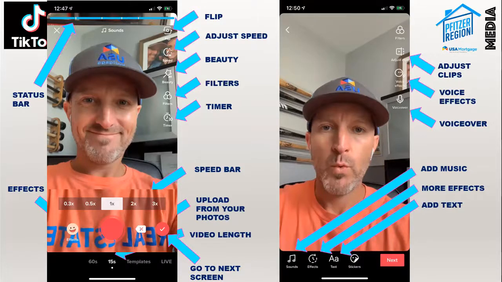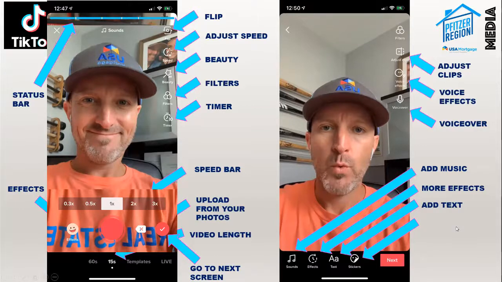I love text. Most of you have noticed that you can add text, and you can adjust the duration of the text so it can pop up and then go away, and then another text box pops up. You'll notice that with a lot of the people we recommend you follow. It's really easy to do. You just add the text, tap on it, and it'll open up another box that says edit or add duration. And then you can adjust when the text pops up and when it ends. Super easy to use. And that's the text feature.